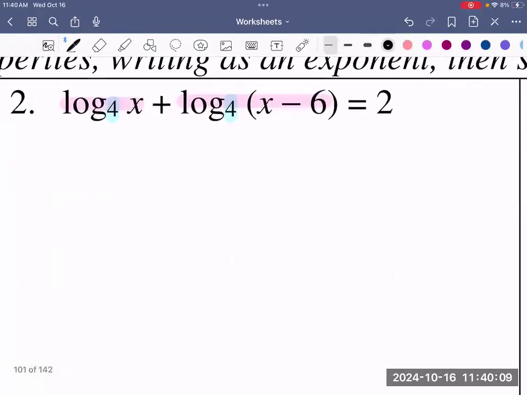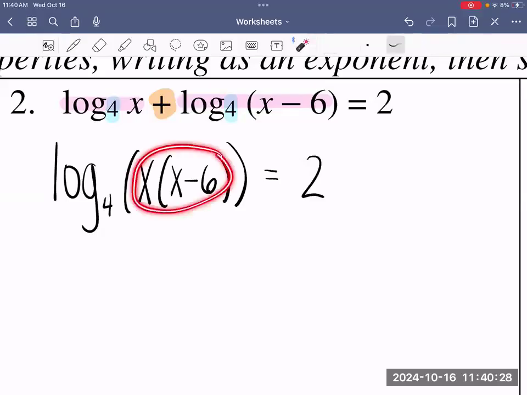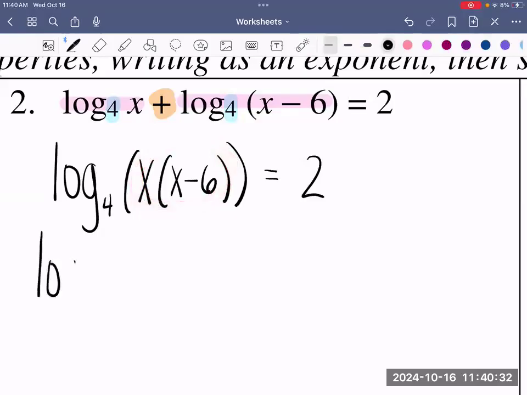So you'll notice here that we do have an addition sign. So that just means that when we go to combine them, we write one of your log base 4s. We can combine these to multiply: x times x minus 6 is equal to 2. Now, I would simplify before we get started next. So let's simplify on the inside. We have log base 4 of x squared minus 6x,